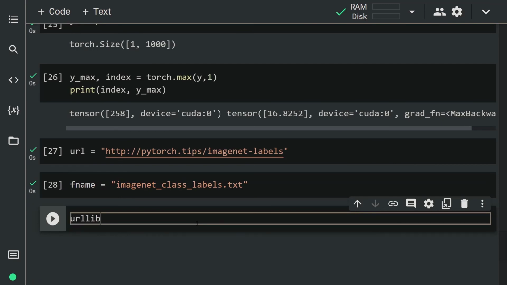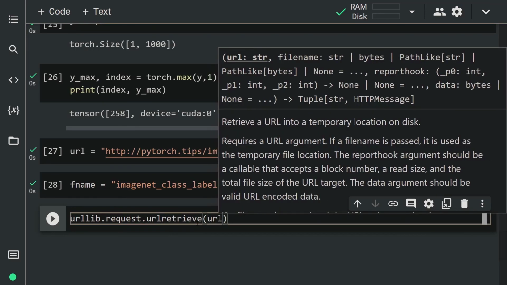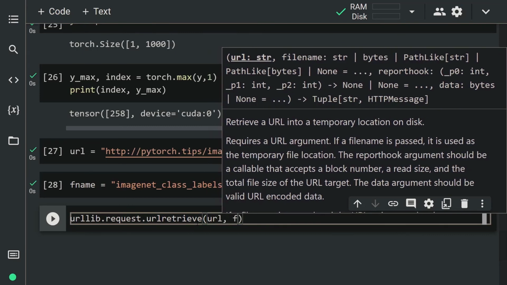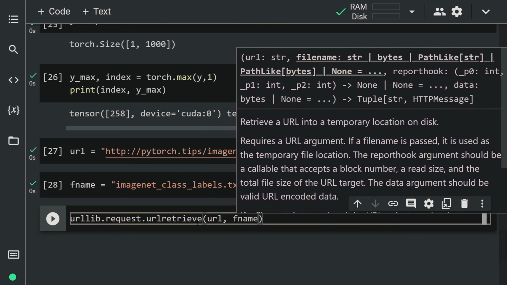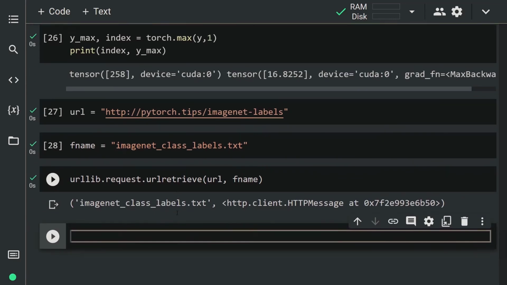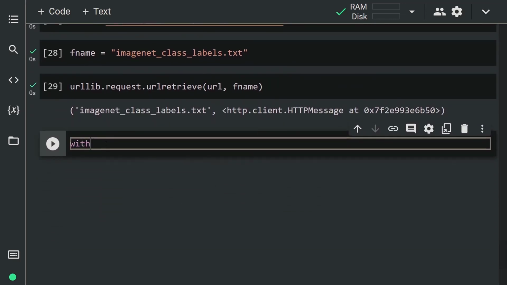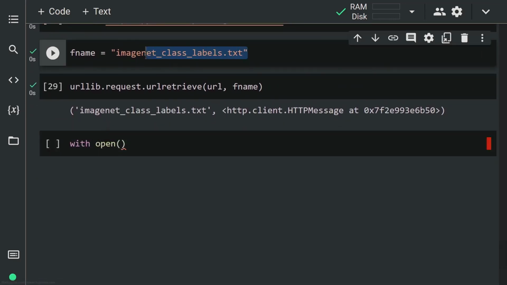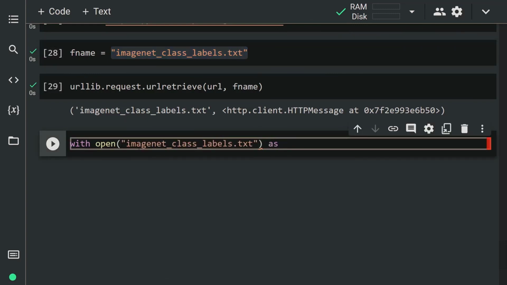Now let's get the list from the internet using these variables. urllib dot request dot urlretrieve, URL, fname. Let's open this list. With open, let me copy this and paste, as f.